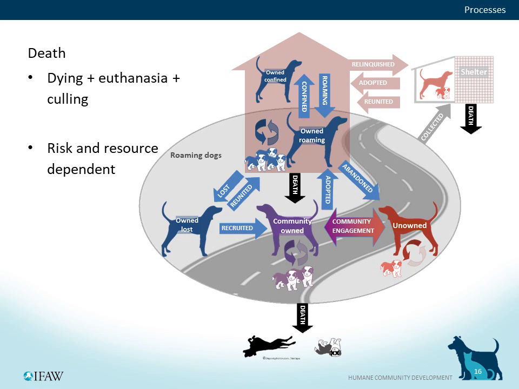Now, death is obviously a process relevant to all states. This may be because a dog dies of natural causes, or is euthanized because it's suffering from an incurable illness, injury, or an unmanageable behaviour problem. However, healthy dogs may also be euthanized, in which case this process is called culling, and this may happen after a period of time in holding facilities or rehoming centres, or may happen directly on the streets without a period of holding. The methods used should be humane, however inhumane culling is still an issue in many parts of the world. This occurs most often when culling is done directly on the streets, but it may also be the fate of dogs held temporarily in shelter facilities.